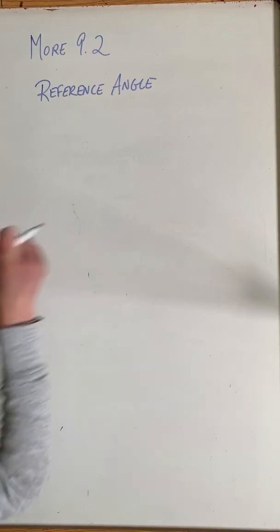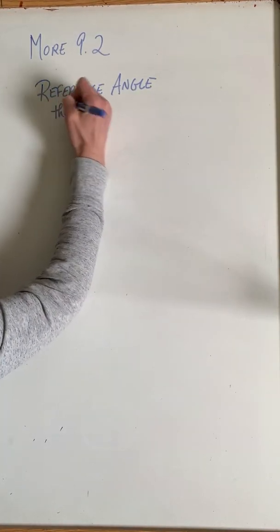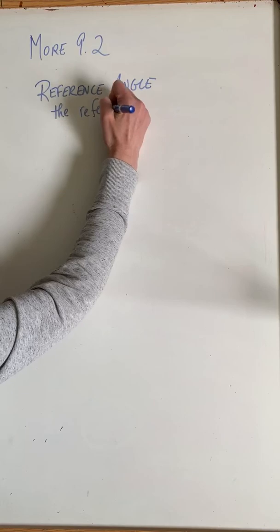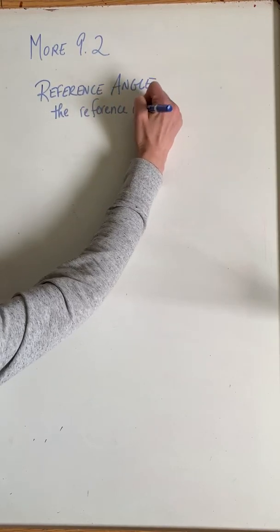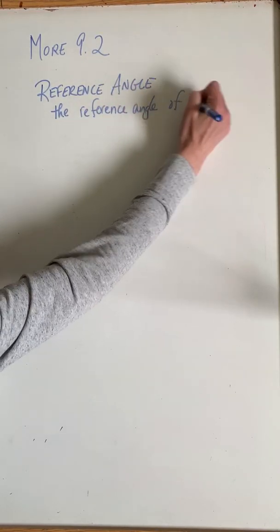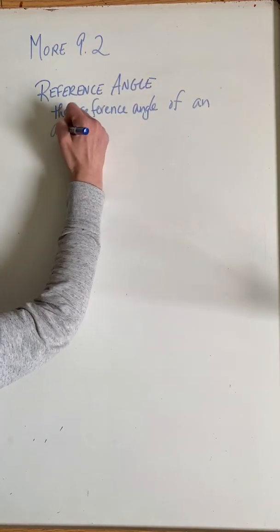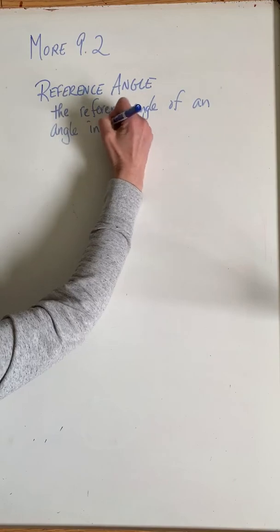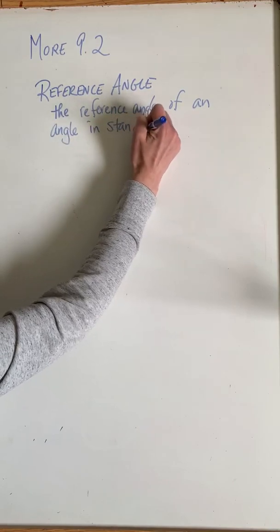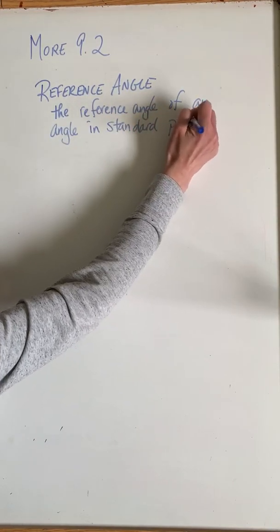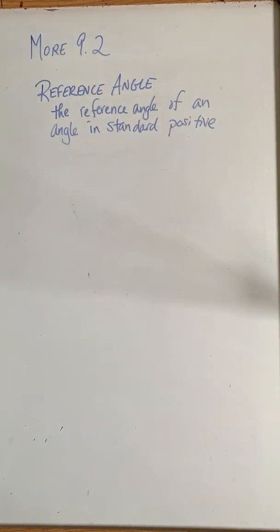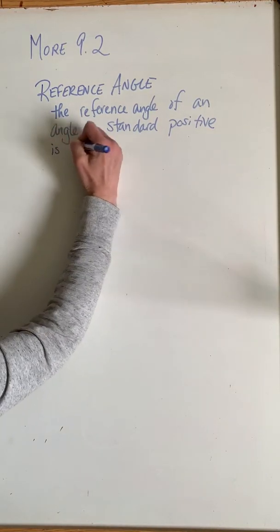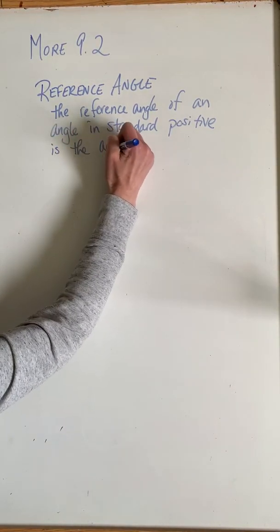Okay, so the reference angle of an angle in standard position, right? Angles are always in standard position. All right, two things have to be true for us to be able to define the reference angle. So the reference angle of an angle in standard position is the acute angle